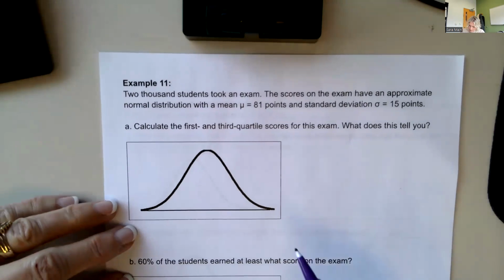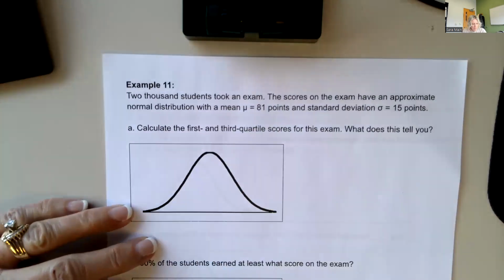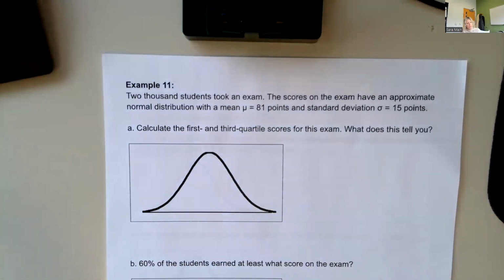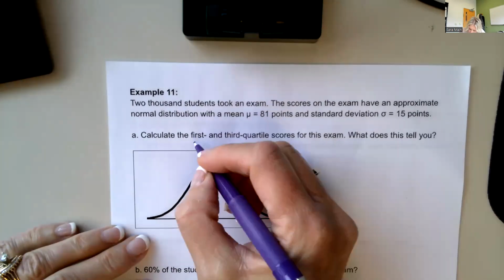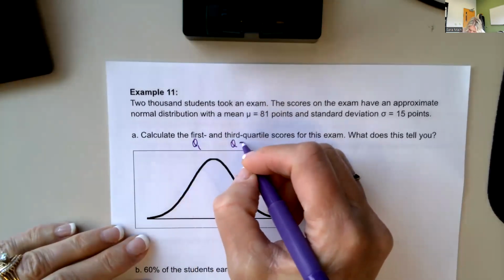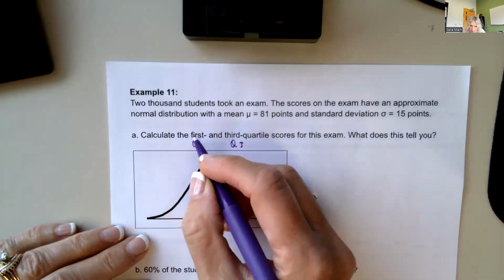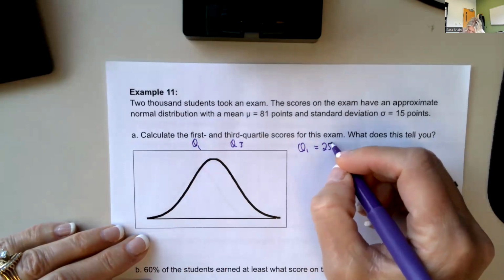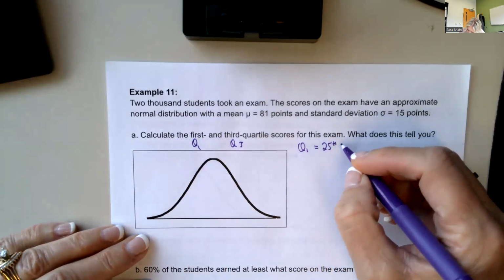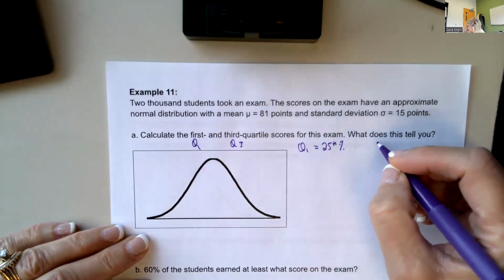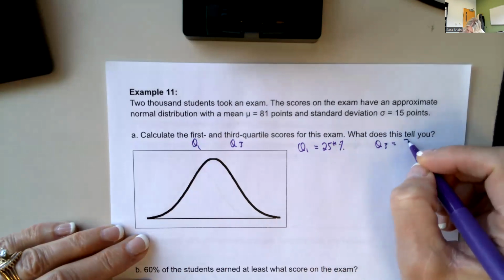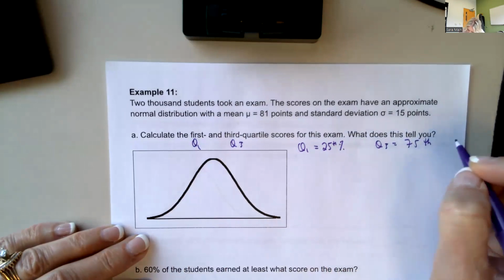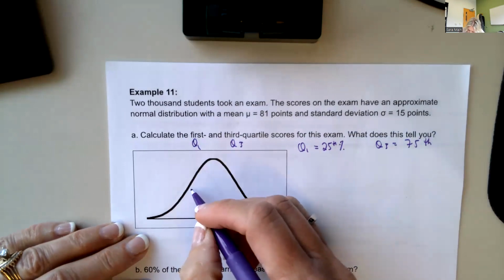So the first and third quartile. We have to think back a little bit, back to chapter 2. First and third quartiles, so this would be Q1, Q3. Q1 is the same as the 25th percentile, and Q3 is the 75th percentile. So we're talking